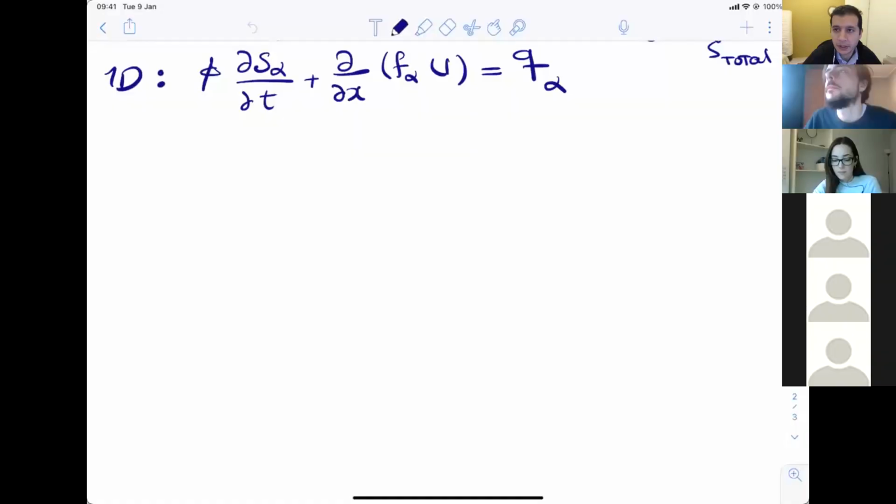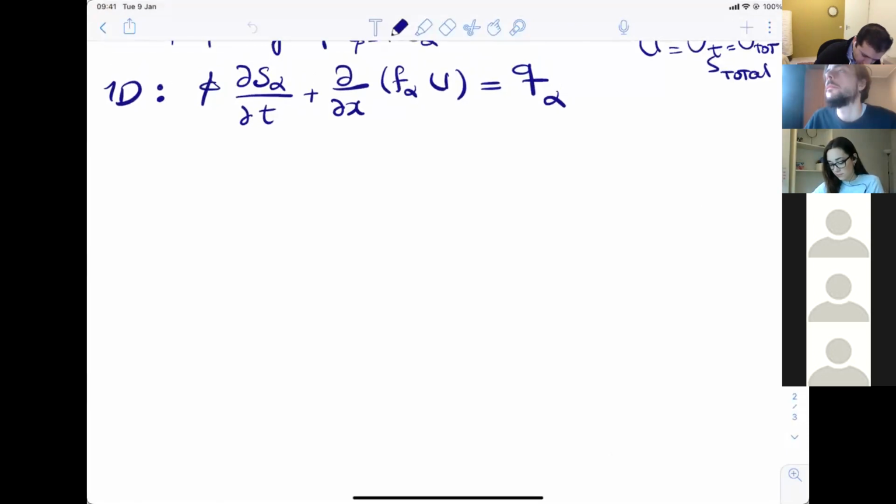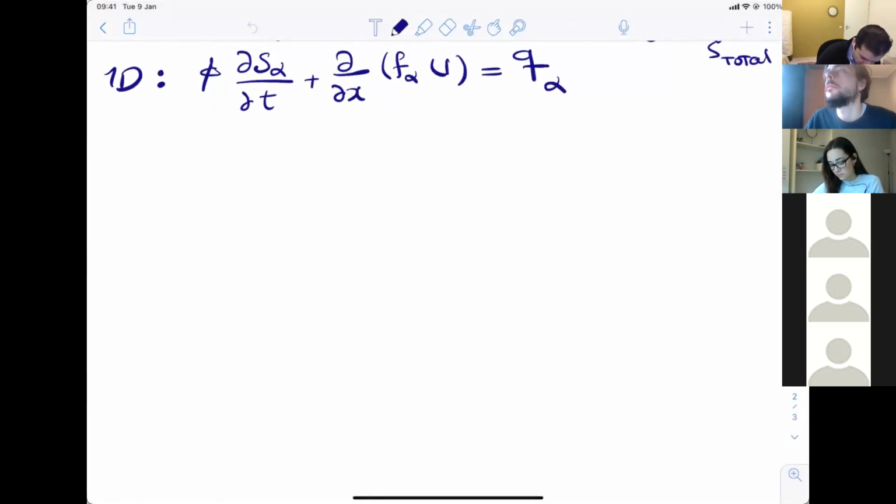Okay, so we left at this point. We would like to solve this for the 1D problem. So let's do a little bit of arrangements for this to better understand this equation. Just for you to know, you know that in 1D incompressible flow,